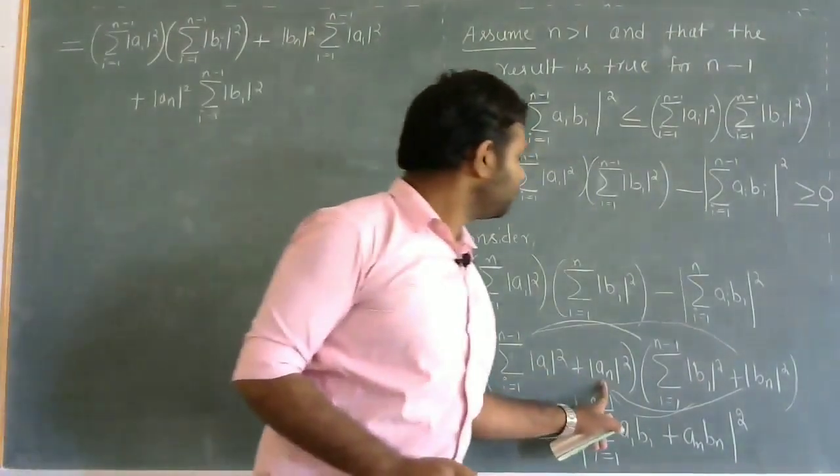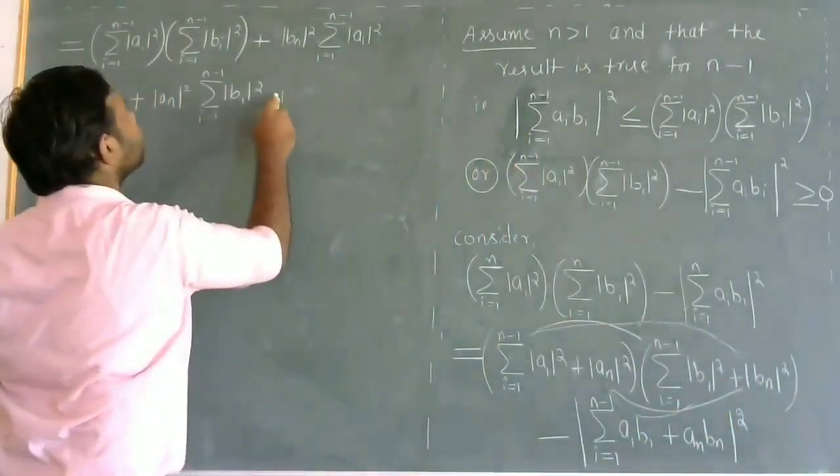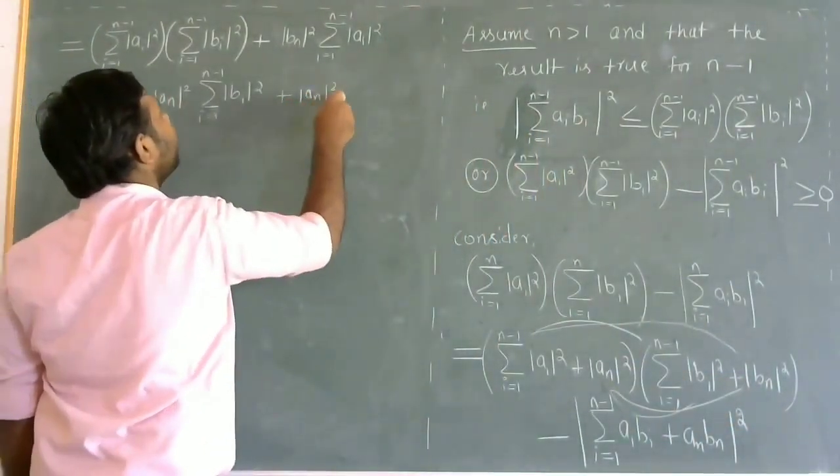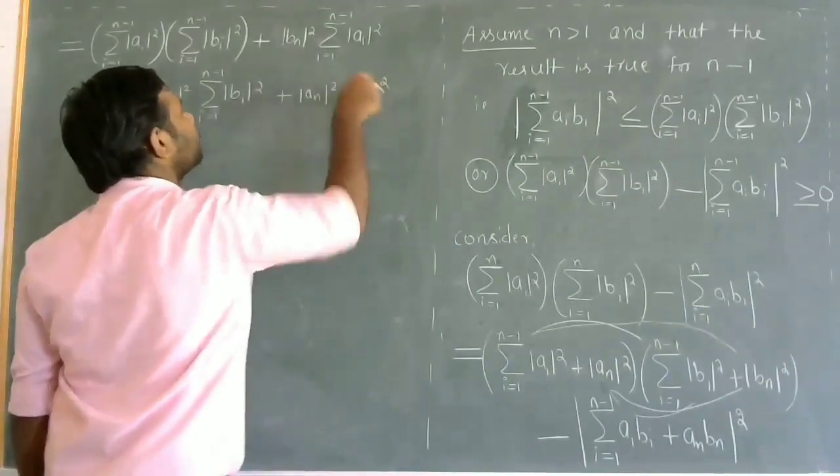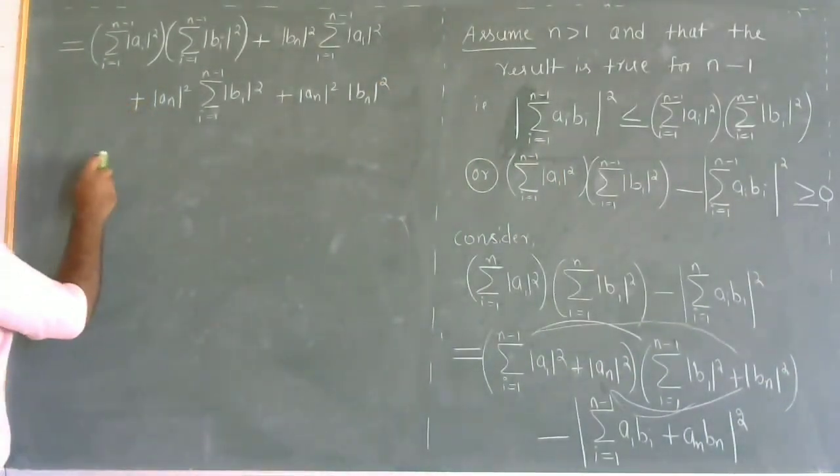Then finally this into this, plus modulus of an square into modulus of bn square, minus